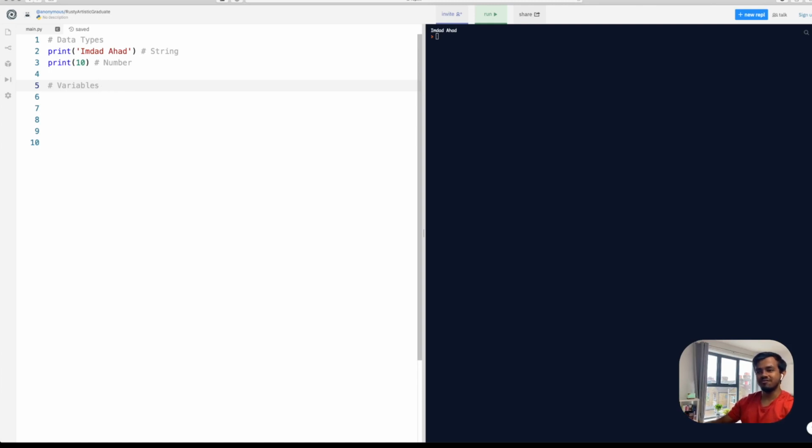So what are examples of this in our program? Well, one example is you might want to store a user's bank balance. Or maybe you want to store how many items they have in their shopping cart. Or maybe you want to store someone's first name, right? These are all cases where you want to have a variable. You want to store some data so that later on in your program, you can then refer to that data.